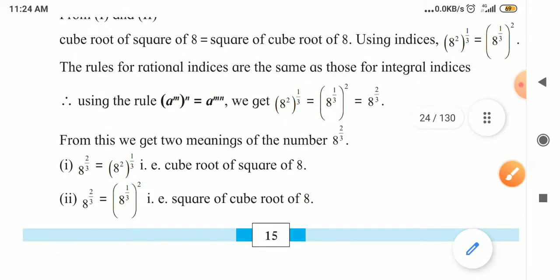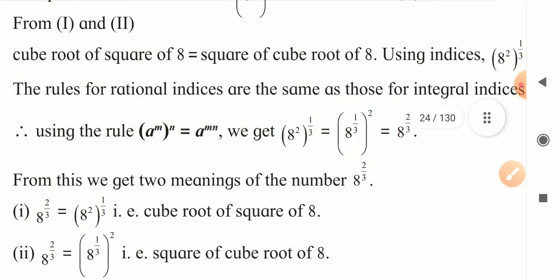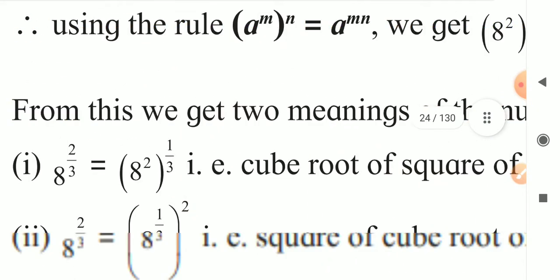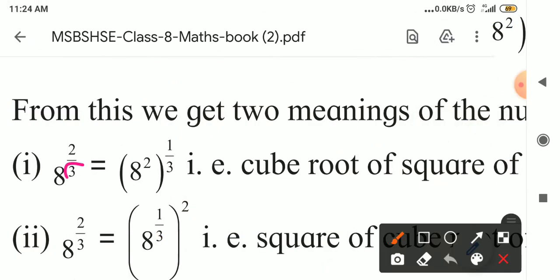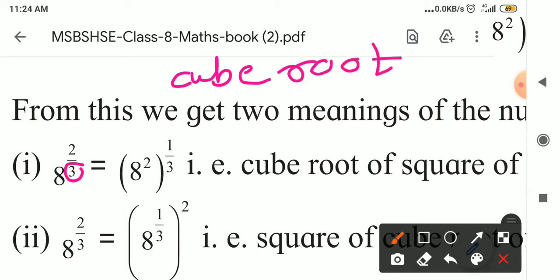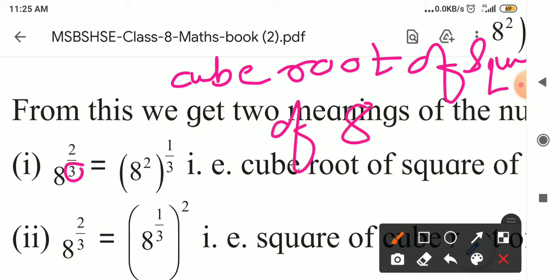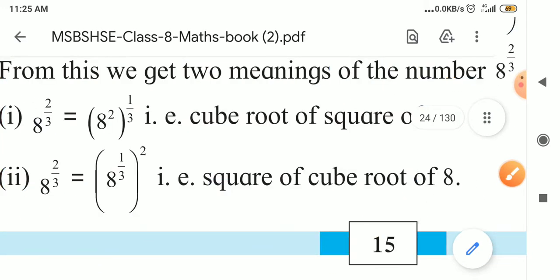Let's just go downside. So how to read this? First reading I am taking. First of all, 3 is there. In mathematical language, what are we saying? Cube. Cube, forward we have to write root, because it is in the denominator's position. 2 upon 3, 3 is in the denominator position. 2, so here we write cube root of the upside, which is 2. For 2, in indices language, we say square. Square of 8. So here it is cube root of square of 8. Understand all of you how it is there?